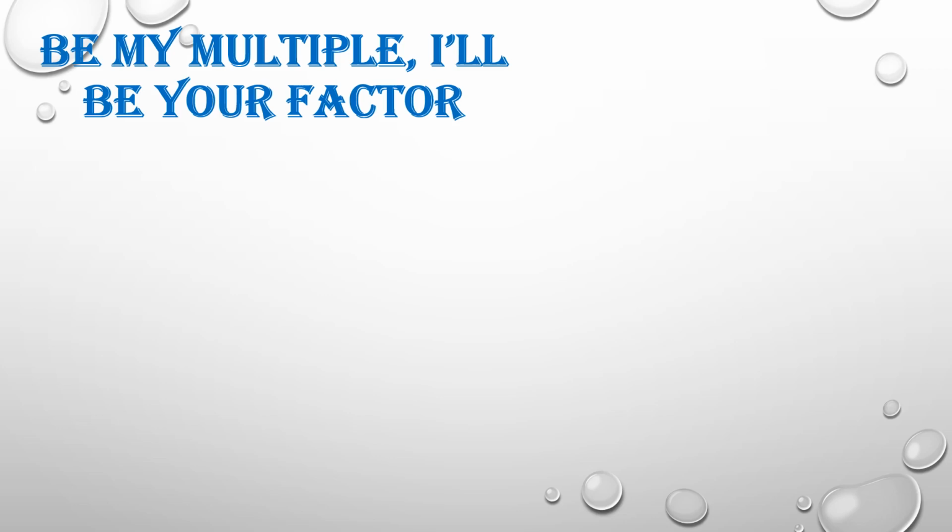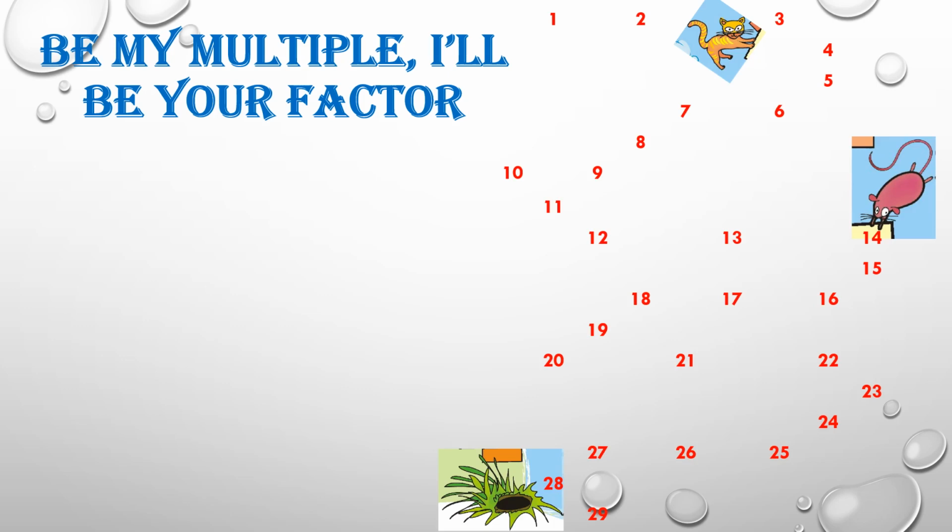I am starting this chapter from the NCERT book with the story The Mouse and the Cat. The hungry cat is trying to catch Kunjan the mouse. The cat is on the third step. She can jump 3 steps at a time. Kunjan is now on the 14th step and it can jump 2 steps at a time. If the mouse reaches 28, it can hide in the hole. So you have to find out whether the mouse gets away safely or not.